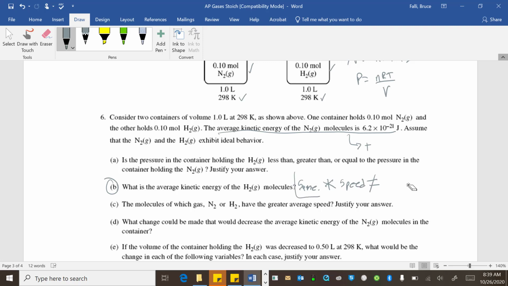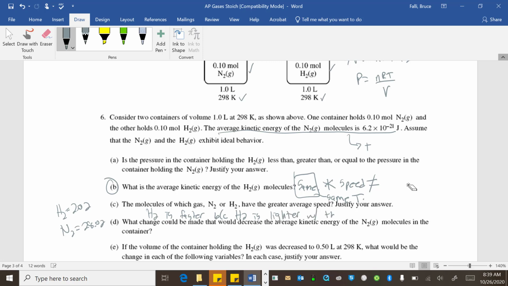Okay. But they're the same because they're at the same temperature. The molecules of which gas, N2 or H2, has a greater average speed? Justify your answer. And remember I said the big kid is the slow kid, right? So hydrogen is 2.02. Nitrogen is 28.02. H2 is faster because H2 is lighter